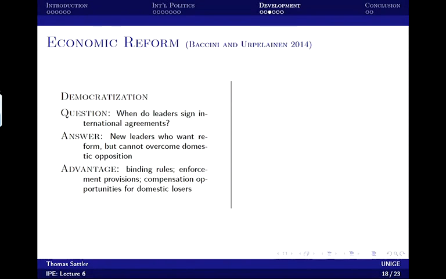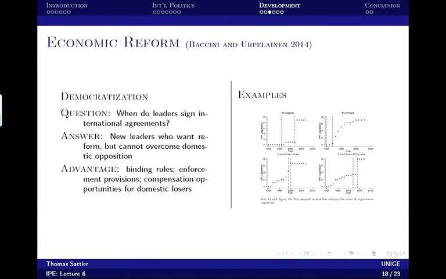But they go one step further. They say once we have a preferential trade agreement, it's more likely that we see economic reform. So now the dependent variable is the economic reform, and the independent variable is the preferential trade agreement. It's a causal mechanism, actually. A leader leads to a PTA, and the PTA leads to reform, right? That's what we saw in South Africa. So Nelson Mandela came into office in 1994, and he immediately started to negotiate a free trade agreement with the European Union that was concluded in 1999 with the purpose to actually offer compensation to those who lose from reform and to lock in these reforms.